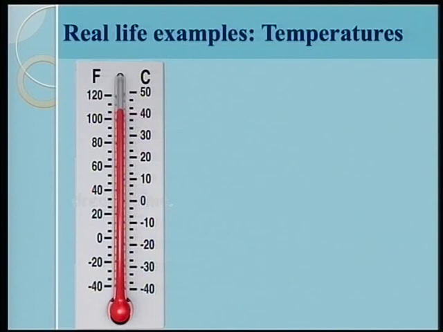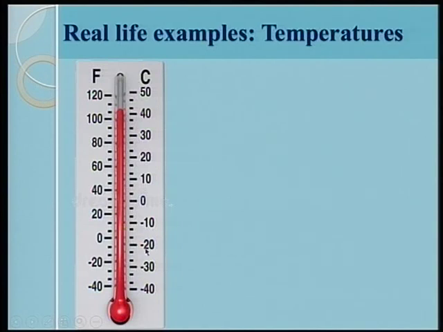As you may know, thermometers are used to measure temperatures. On this thermometer, on the right-hand side, you will have numbers representing temperatures in degrees Celsius. Above 0, you will have all the positive integers representing the positive temperatures, and below 0 are the negative integers